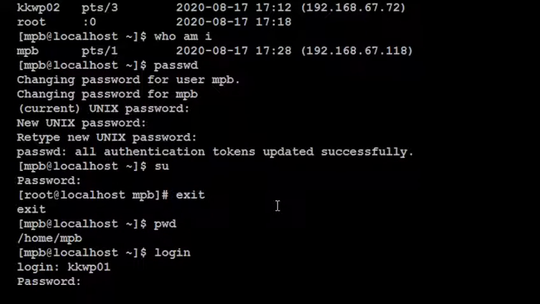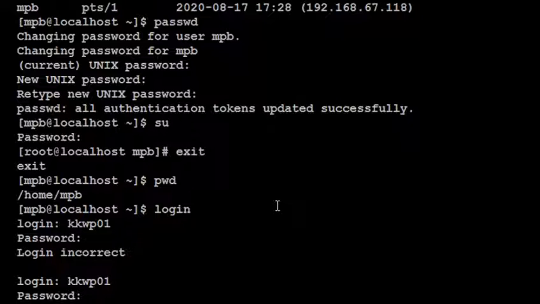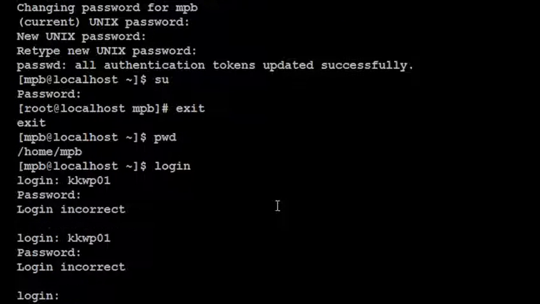Then I will give the password, but still it will say login incorrect. So kkwp01 is the username and password. I am again entering the correct password, but it is showing login incorrect, because there are so many reasons why the login command does not execute.